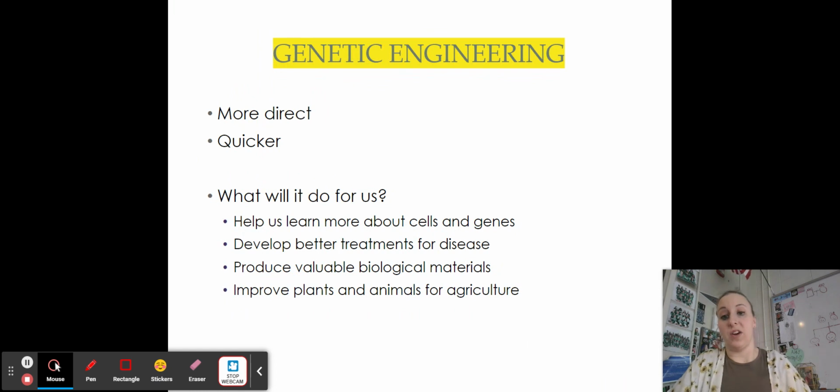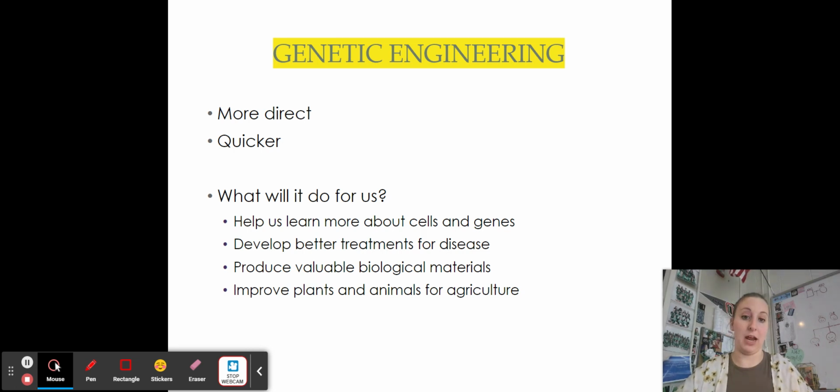What genetic engineering does for us is help us learn more about cells and genes. It also allows us to figure out better treatments for diseases and disorders, being able to alter that DNA to make more specific medications. We saw that in the Gene Doctors, if you watched that in class, where geneticists and biotechnologists and bioengineers or genetic engineers take a disorder that somebody has and make medications that are specific to that disorder. It also produces valuable biological materials